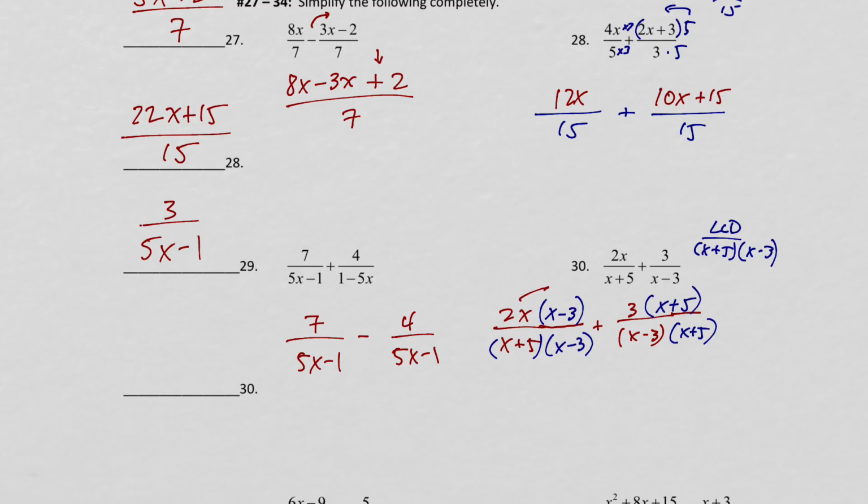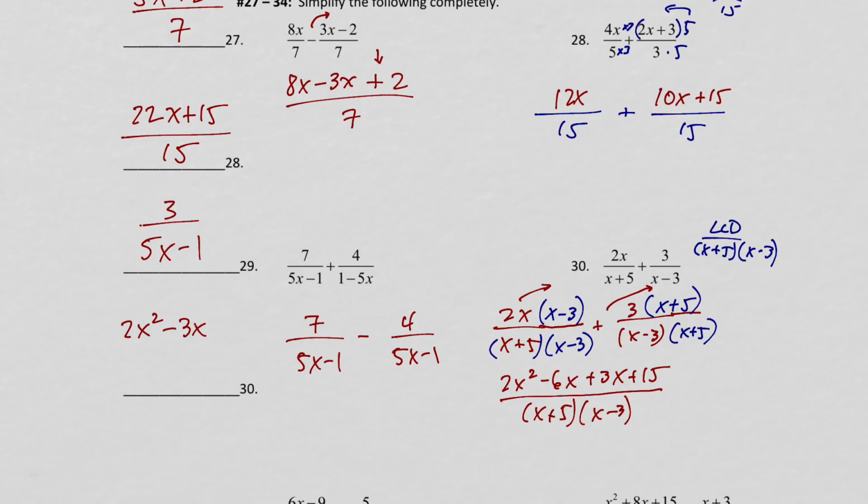And then I'm going to distribute this and get 2x squared minus 6x. I'll take the positive 3 and distribute it and get plus 3x plus 15 all over that common denominator. So we're going to end up, when I combine like terms, with 2x squared minus 3x plus 15 all over x plus 5,